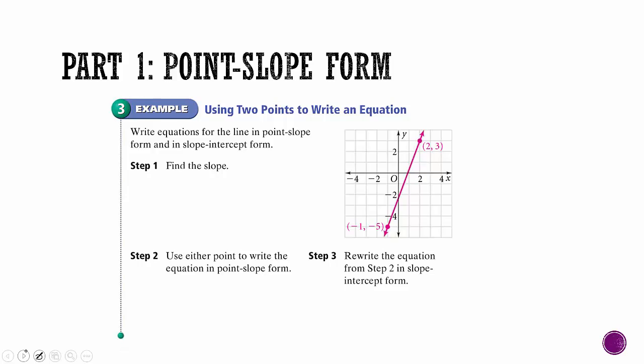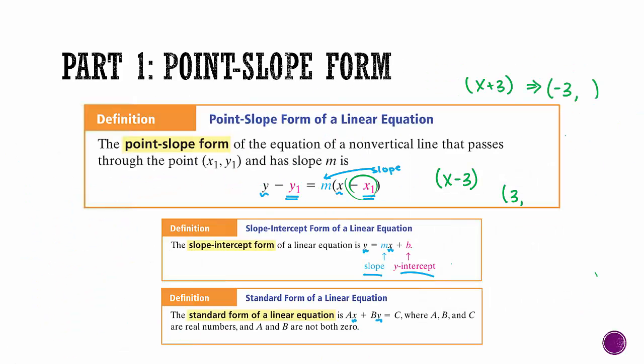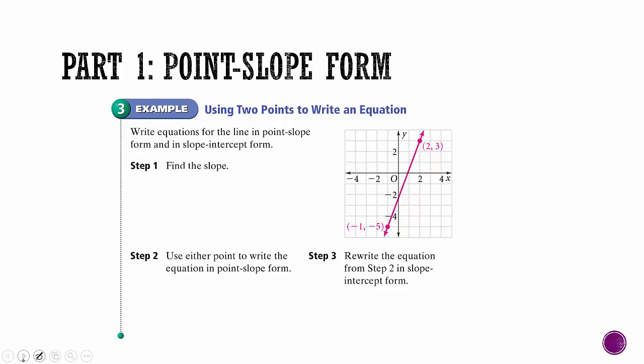So now let's use 2 points to write an equation. So remember back here, point-slope form says that I need two things. I need a point and a slope in order to plug stuff in. So we're going to do some problems sometimes where they just give us 2 points. But remember, with 2 points, we can use that to find the slope. So if I give you this equation here, 2, 3 and negative 1, negative 5, the first thing I want to do is find the slope so that I can plug it into y minus y1 equals m times x